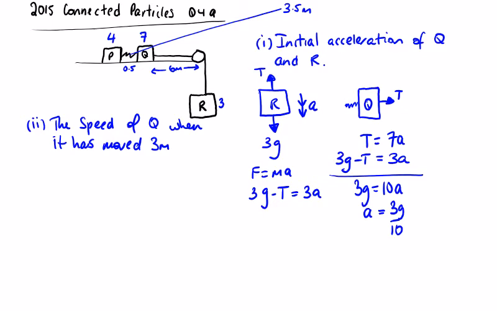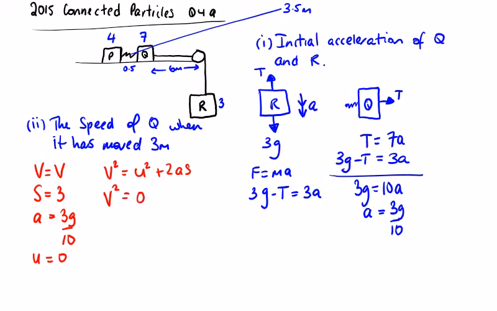Part 2 of this question, the speed of Q when it has moved 3 meters. So the speed, we want v, we have s is 3, we have a, which we just got as 3g over 10, and the system was released from rest. So we're going to use this really common equation, v squared is equal to u squared plus 2as. So we're looking for v. We can put in our 0 if we want, plus twice 3 by 3g over 10. So that's going to give v squared to be